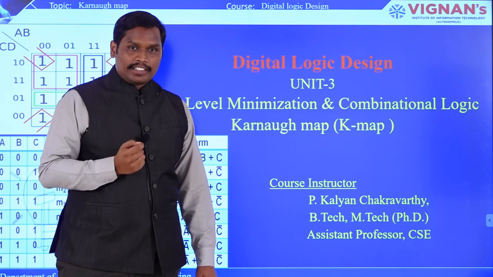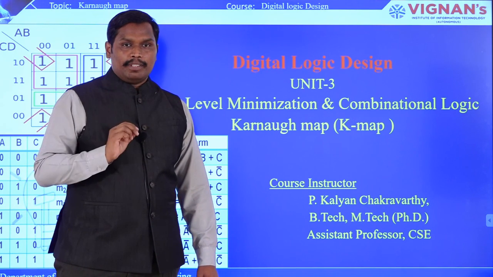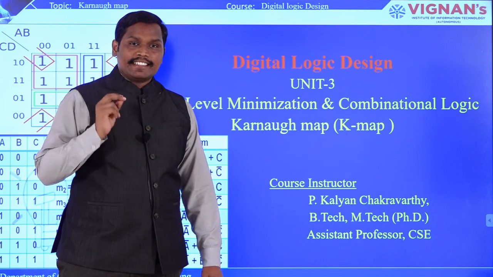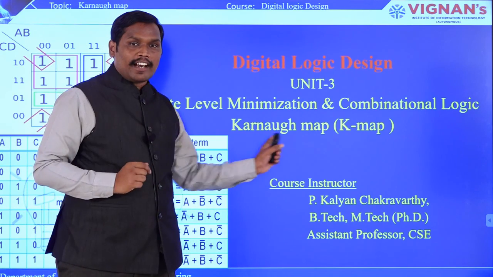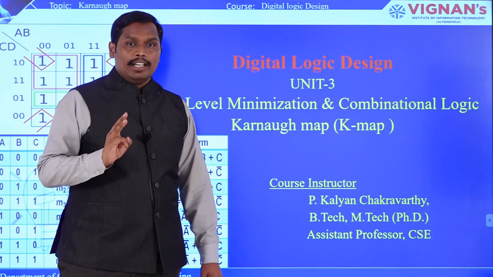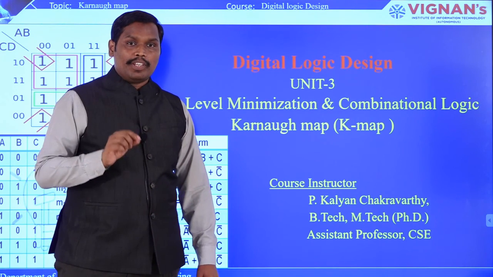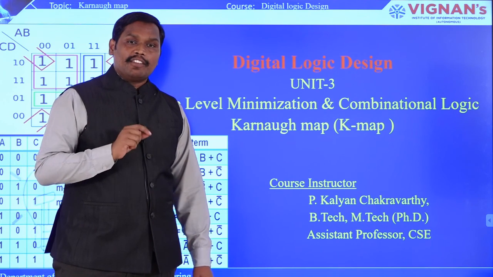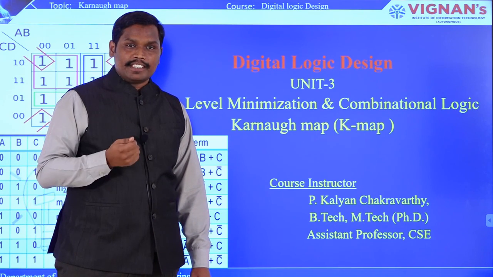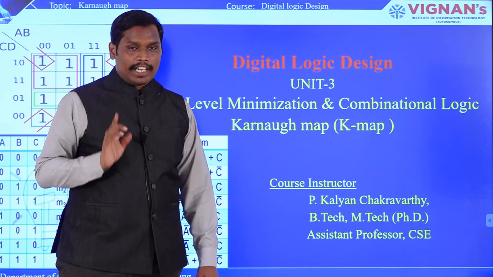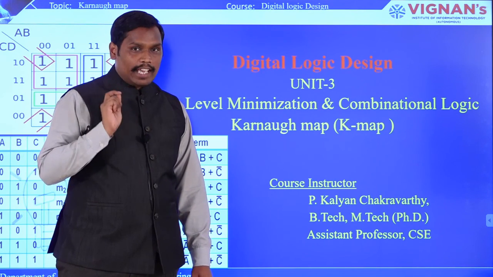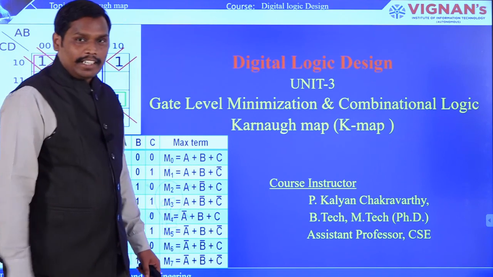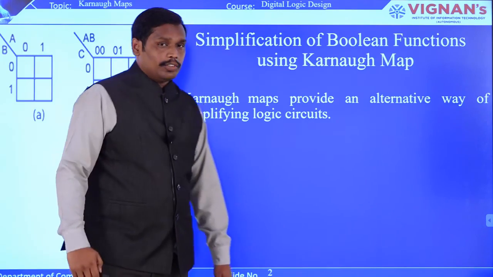When the Boolean expression has minimum number of variables, that is less than 3, then we go with the first technique, which is called Boolean algebra. And the second technique is Karnaugh map. The Karnaugh map is used when the variables are of the size 3 to 6. And if the Boolean variables are more than 6, then we go with Quine-McCluskey tabulation method. I repeat, number 1, that is Boolean algebra. Second, Karnaugh map. And third is Quine-McCluskey tabulation method.